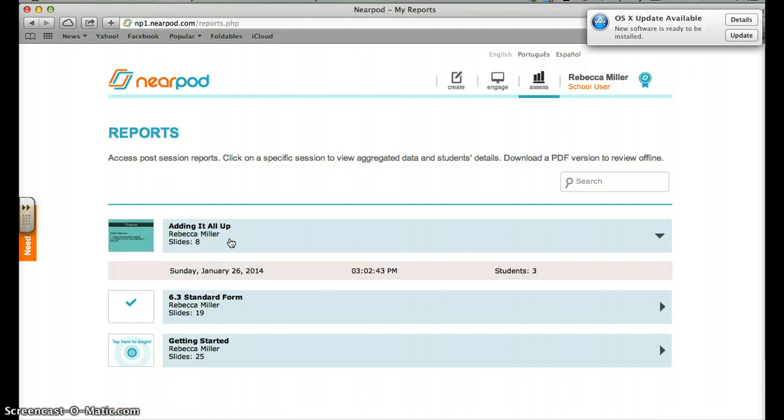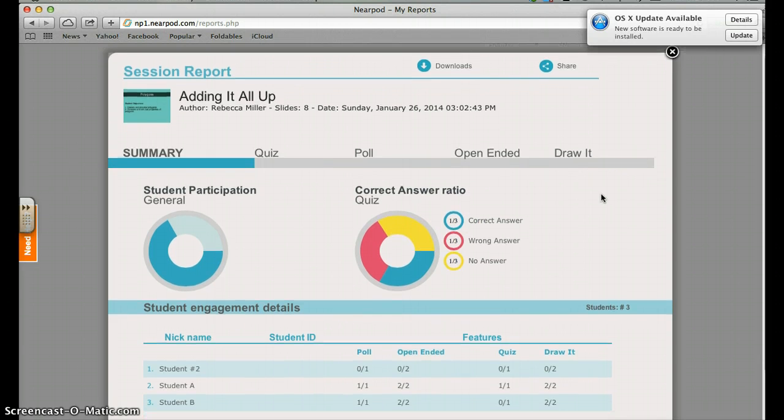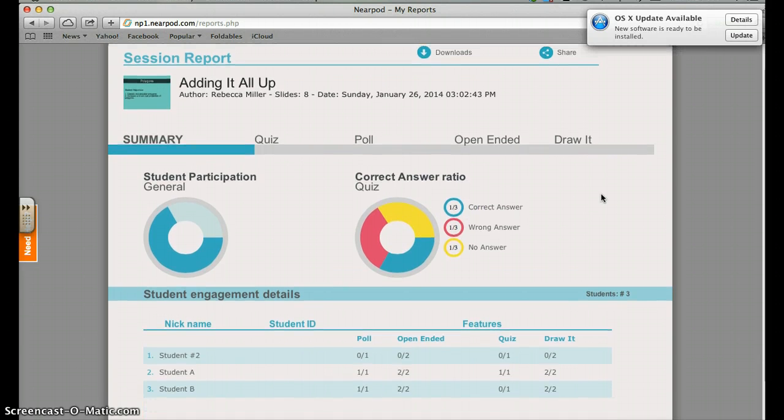When you click on it, you will notice the date on which the lesson was implemented to the students. If you have maybe done this lesson a few times, maybe on different dates with different classes, then you would choose the one that you would find appropriate for your data collection. So when we click on this date, we see a lot of information given to us based on the presentation that I chose. The first part of the report is a summary of the overall